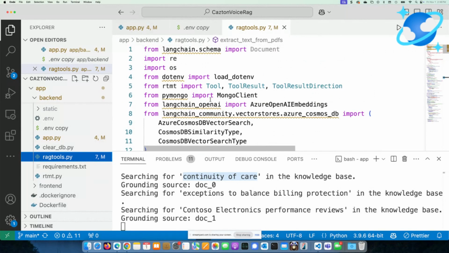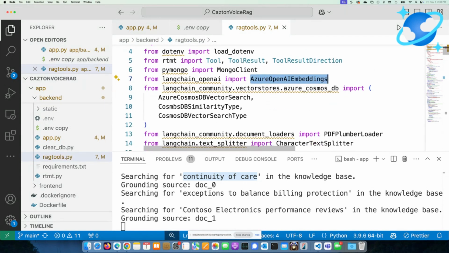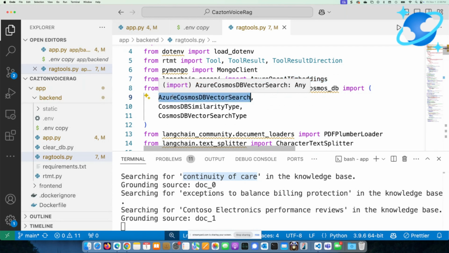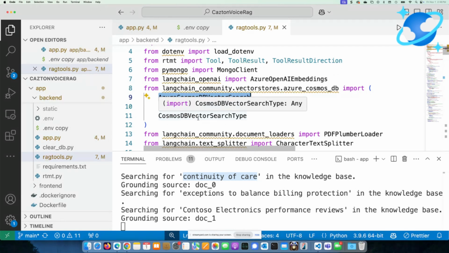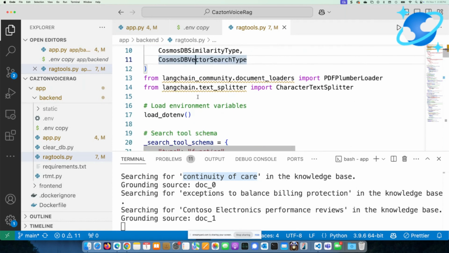As you can see, we've got LangChain right here. So you can use it with any models you want, and LangChain would handle that for you. Of course, we've got Azure OpenAI embeddings imported from LangChain. And then we've got the Azure Cosmos DB vector search, which we were very, very happy to see. Very quickly, not only does Azure Cosmos DB have support in their native APIs, they also had support in LangChain, which makes it so easy for us to start using this out of the box.